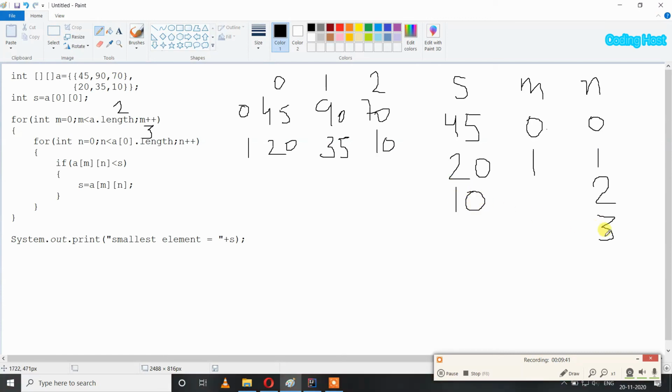After that when the value of n will reach 3, this n loop will break, and after that m++, so now m will become 2, so after that it will check here that m is less than a.length, so 2 is not less than 2, so this condition is also false, so this loop will also break. After that we will print the smallest element, so in the output we will get